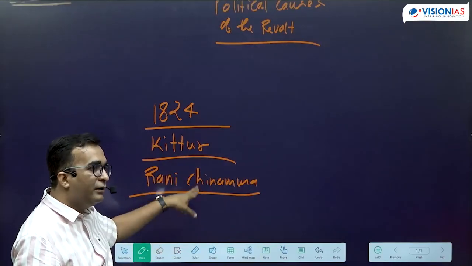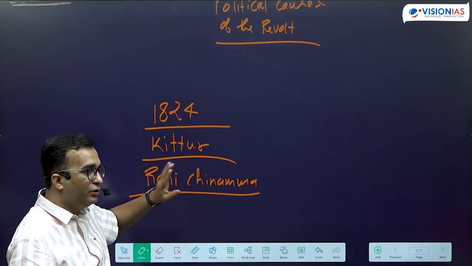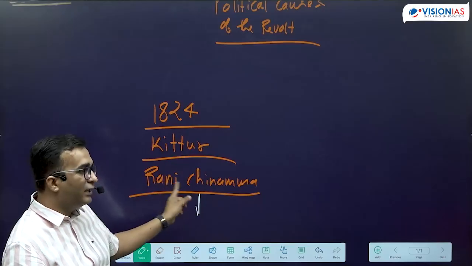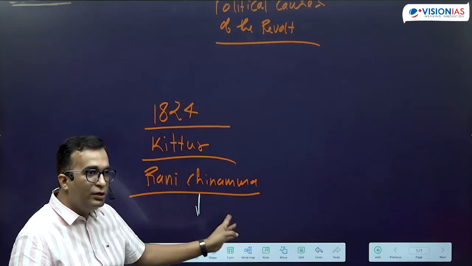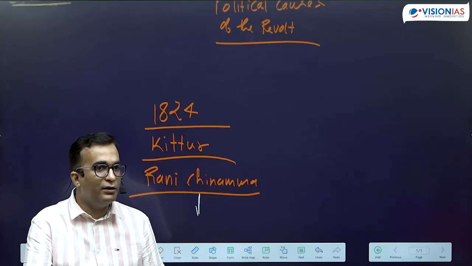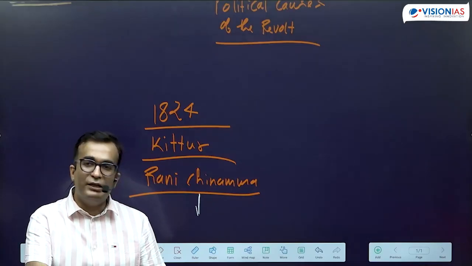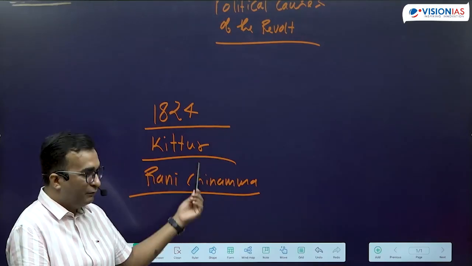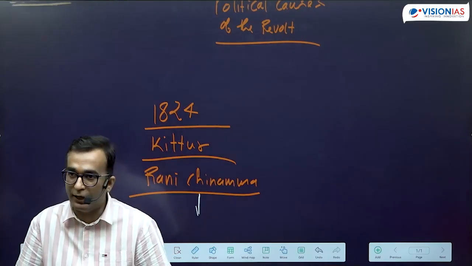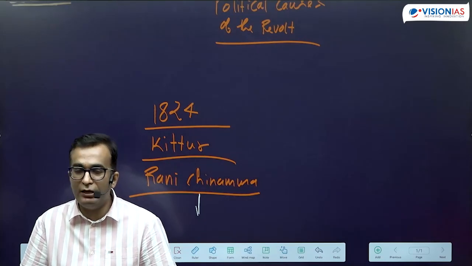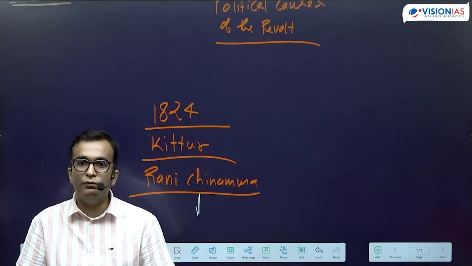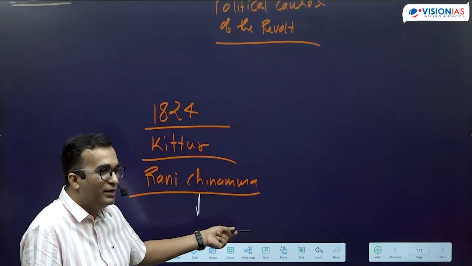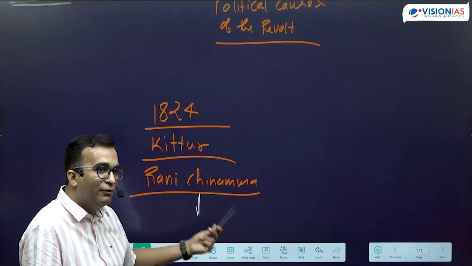But then the British authority in Karnataka did not recognize this adoption, which led to a fight between the British and Kittur Rani Chinnamma, which continued for 2-3 years, and finally Rani was defeated in it. In fact, when we talk about Rani Lakshmi Bai, before that the name of Kittur Rani Chinnamma also comes into play, who defended and fought very bravely over here. So that was the first instance of annexation. But यहाँ पे policy का कोई नाम नहीं था, ठीक है? There was no name of the policy.